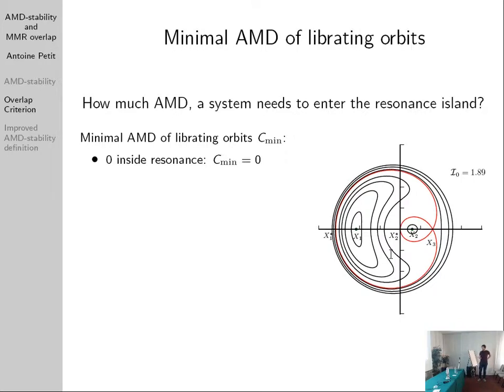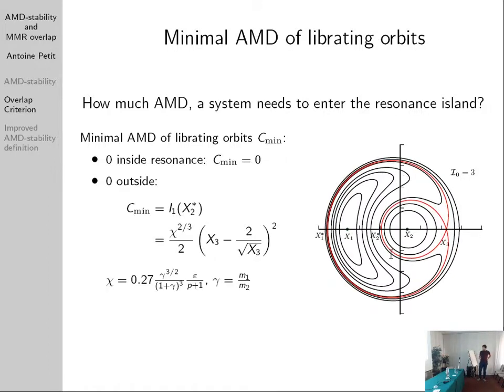But as I0 becomes bigger, the inner separatrix crosses the origin, and we have an expression where the minimal AMD to enter the resonance is the value of the action I1 at the point x2 here, so the crossing of the separatrix with the x-axis. And so we have this expression for the minimal AMD of the resonance, where chi depends on the planet to star ratio, and the mass ratio between the two masses of the two planets. And p is the order of the